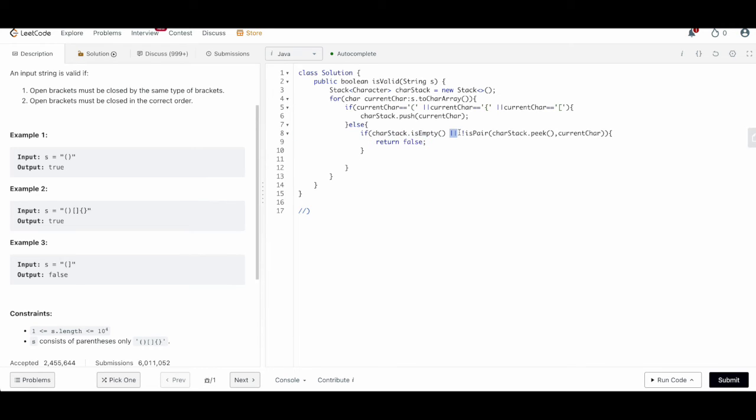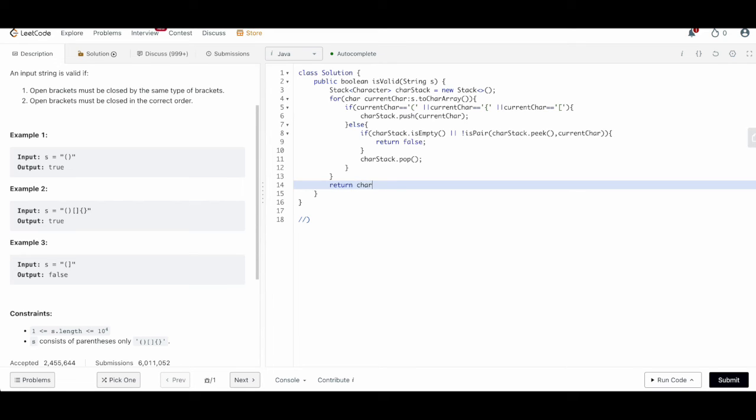And in this OR condition, if there is a value in the character stack, we need to validate the last element of this character stack and the current character. They should be corresponding pairs of a bracket. And as we discussed, if this is not the case, we are not returning false, then in that case we can simply pop from this stack, and we'll keep doing this until all characters are processed. And at the end we will return based on whether the stack is empty or not.